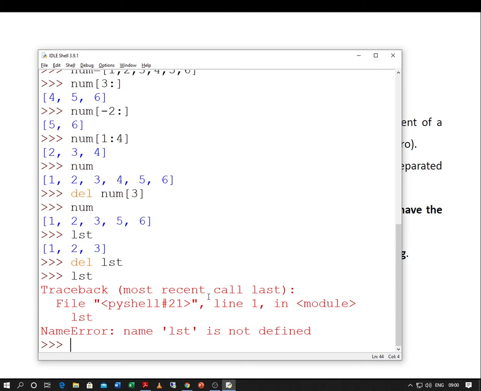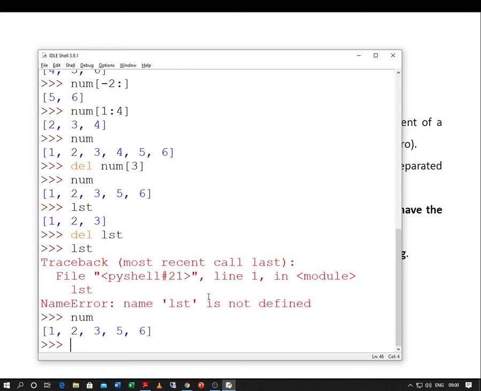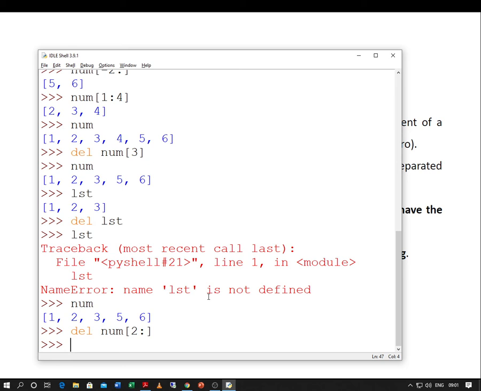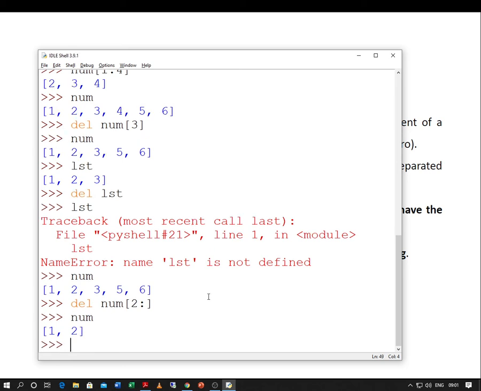Now, let us try to check whether slicing works with delete or not. Let me try to print num. Now, I am giving del num 2 colon. That means 0 and 1 should remain. The numbers present from the second onward should be deleted. So, fine.